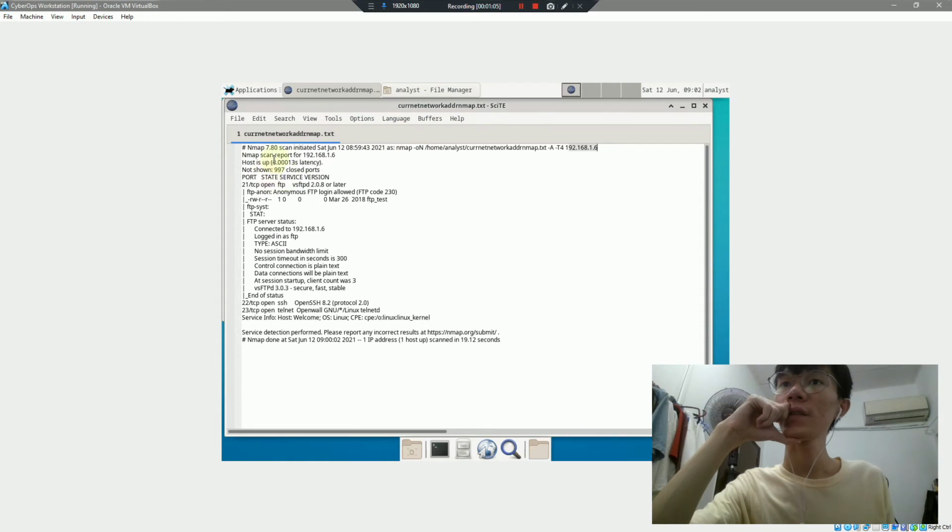So this one is the scan report for 192.168.1.6, and the host is up. Not shown means that 997 ports are closed currently, and port 21, which is for the FTP service, is open, and this is the permission. This is the FTP server status, which is connected and logged in as FTP, and this is the type,